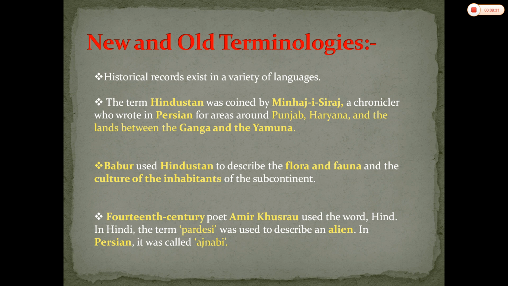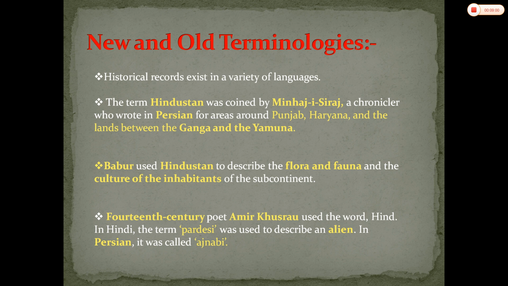He used the term Hind for complete India, for the complete Bharat country. Nowadays also, whenever we want to salute anybody, we say Jai Hind. You know, this Hind word was coined by Amir Khusro, a 14th century poet in the court of Alauddin